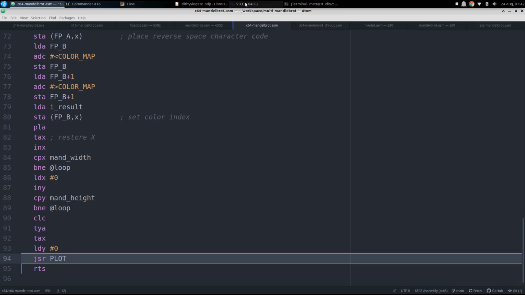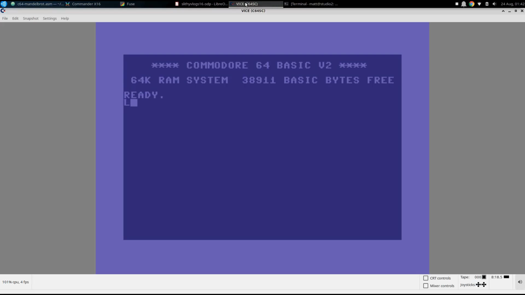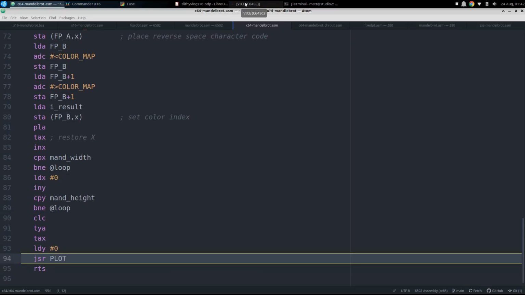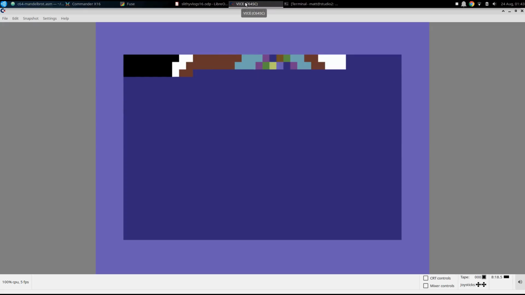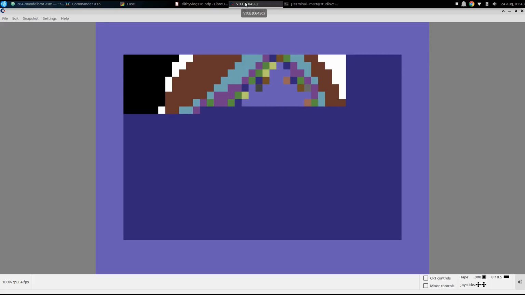So what does this actually look like? Well, we load up man.prg. Whoops. Of course, out of device 8. All right, and then we'll run it. First, let's get our stopwatch ready and go. So definitely slower than the Commander X16 still, but a lot faster than the Commodore was before,